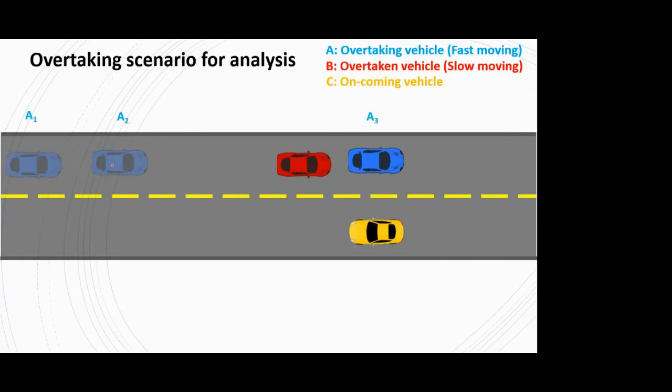Okay. So that's the location A2, and the final location of your overtaking vehicle when it completes the overtaking operation is A3. And similarly, for your slow moving vehicle B, this was the initial location B1 when the overtaking operation actually started. And then B2 is the location, because in any case, all the three vehicles are moving. It's not like your vehicle is overtaking, so other vehicles have stopped.